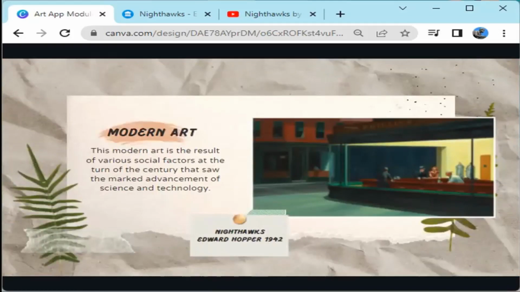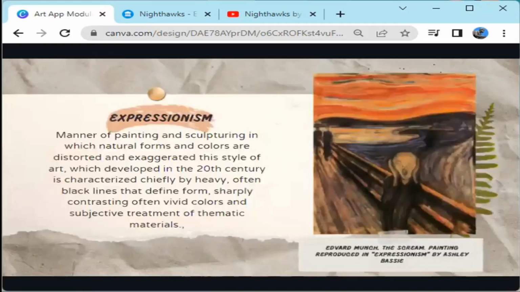When you talk of modern art din kasi, it's a result of various social factors at the turn of the century that saw the mark and advancement of science and technology. Also, another type of art is expressionism, a manner of painting and sculpturing in which unnatural forms and colors are distorted and exaggerated. Now, this style of art, which developed in the 20th century, is characterized